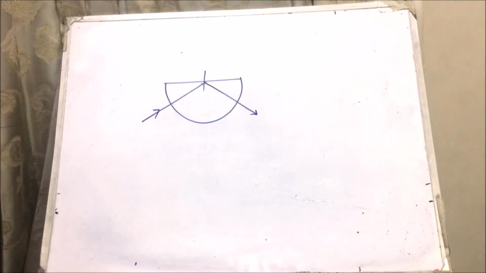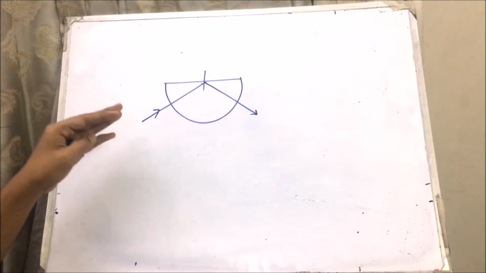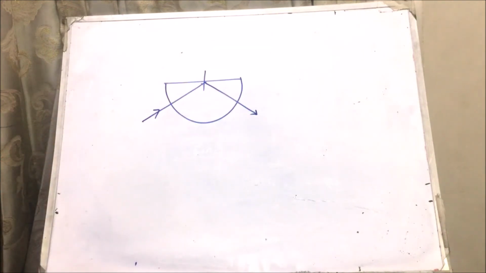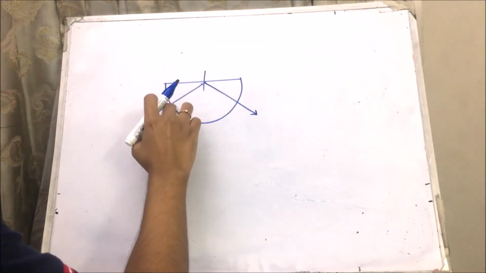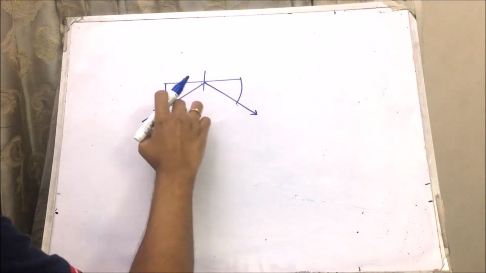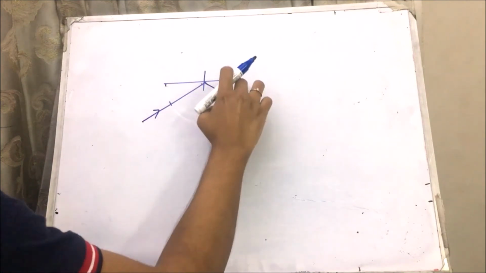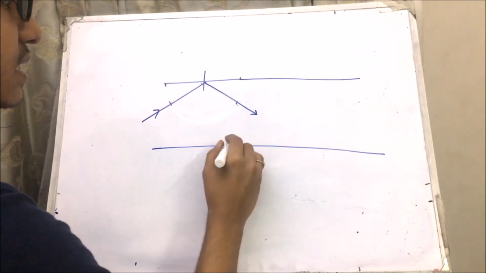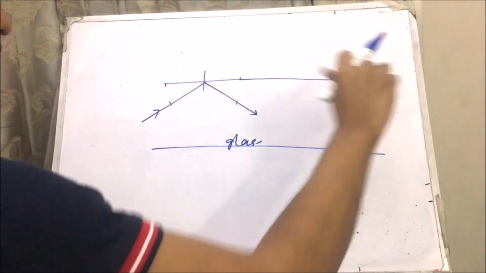This is what total internal reflection looked like, right? The light hit the air glass boundary and then got reflected back. Now imagine that we are not using this protractor shaped glass and we have a very open shape of glass like this, a very big piece of glass. Okay, this entire thing is glass. This entire thing is glass.